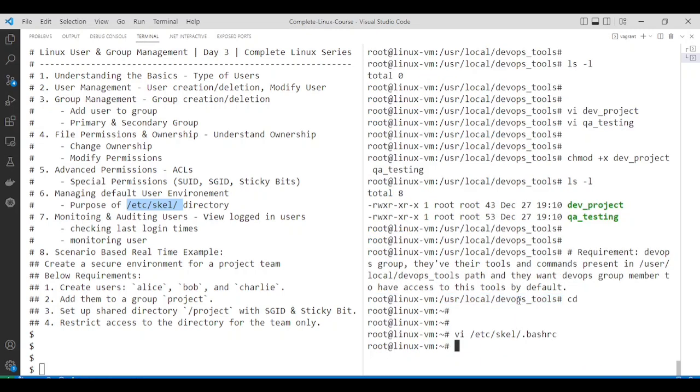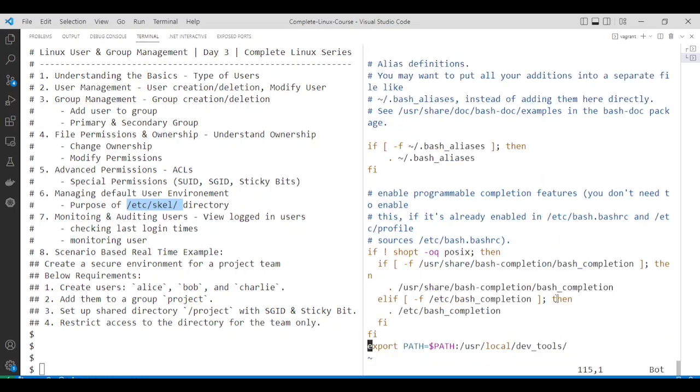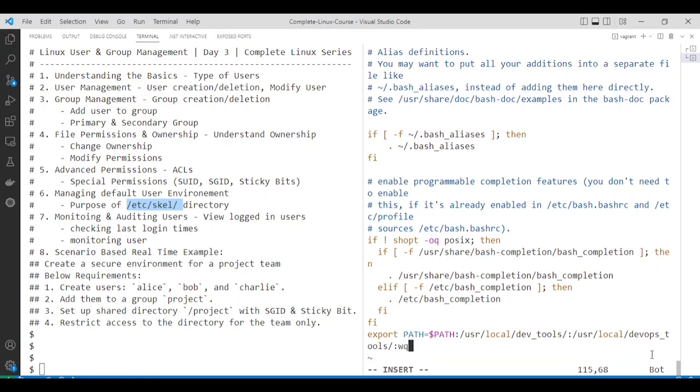and here we have the host tool. So we already have this path. We'll just update the path here. So this way you can add the path. So export PATH followed by $PATH. We already had this dev tools. We have added this new DevOps tools. We'll save the file now,